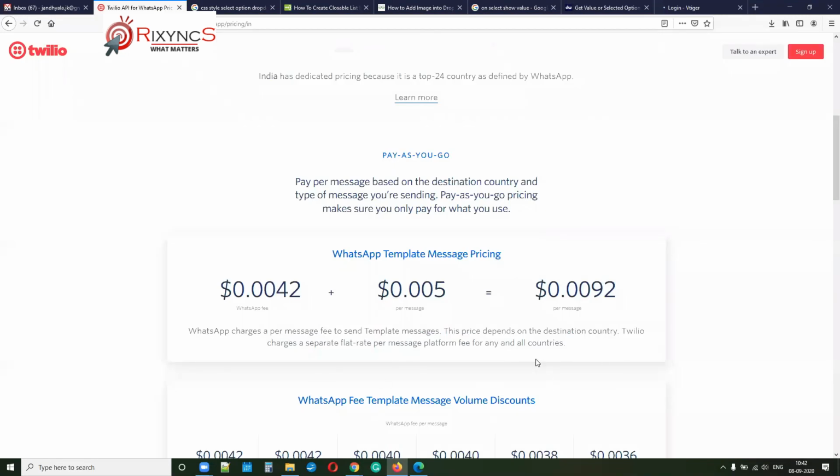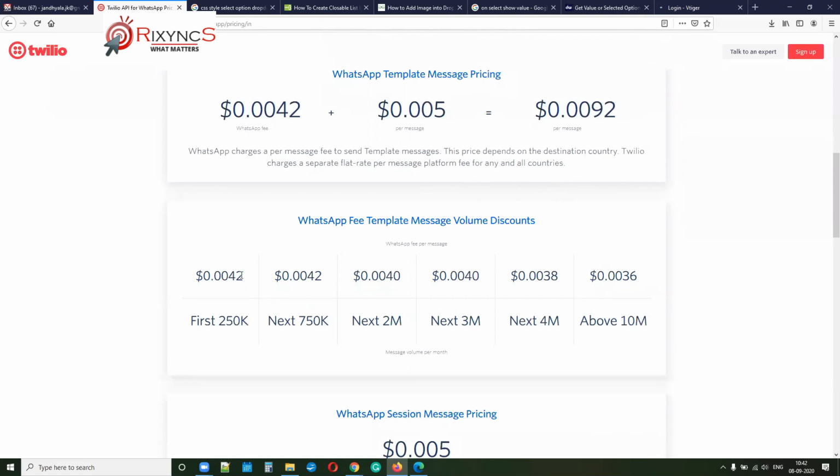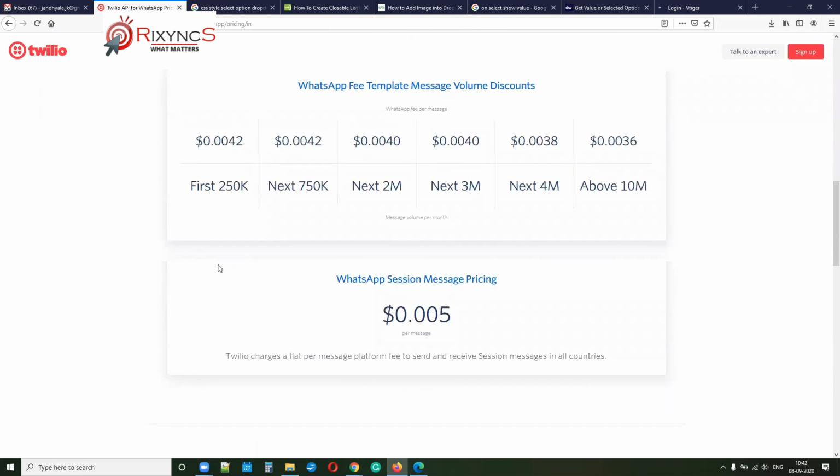So you need to first talk to the Twilio persons and get the prices, because unless you have that, for templates they are charging 0.42 for the first 250k templates. Okay. So you need to know everything regarding the prices. What is the pricing for the call, that is a message, and whether this 0.042 is also going to be added for the first 250k. They are saying it is going to be added. Okay. So that is how.